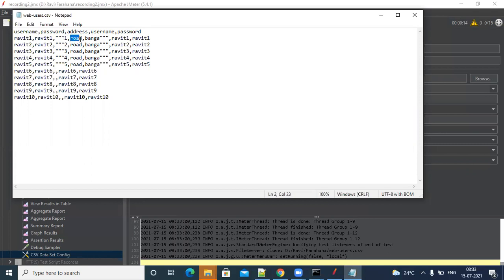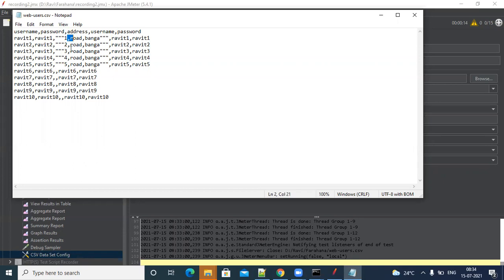So Bangalore will go to the next field, the next column. Even though you have given 5 columns here, it will go to the next column because it's comma separated. Even though you write 1, road, Bangalore, it will take that as 3 columns: 1 is one column, road is one column, Bangalore is one column. Because it always separates the data by comma.